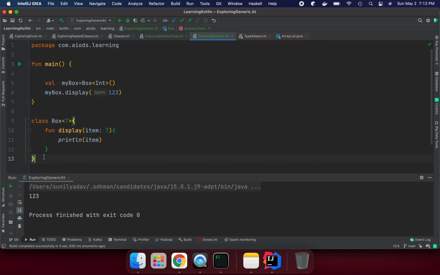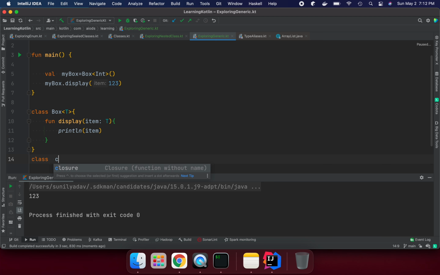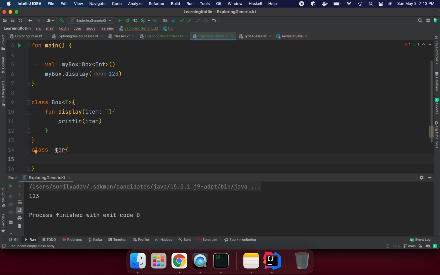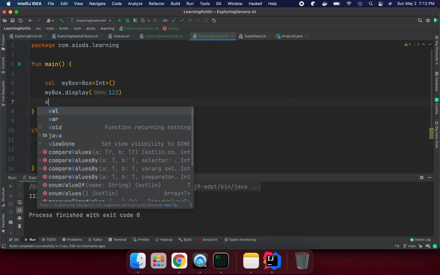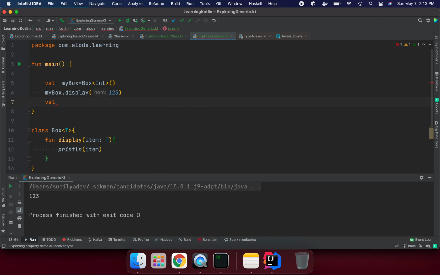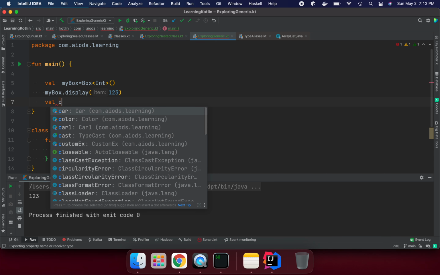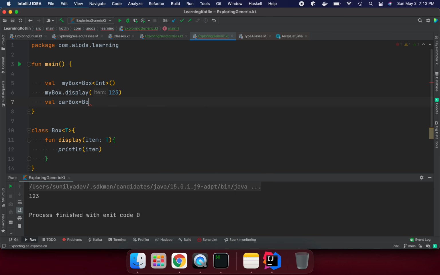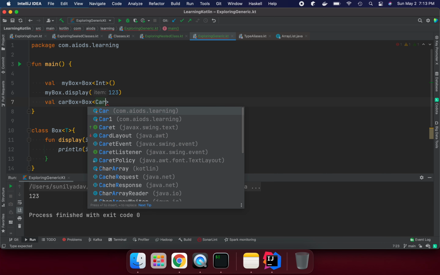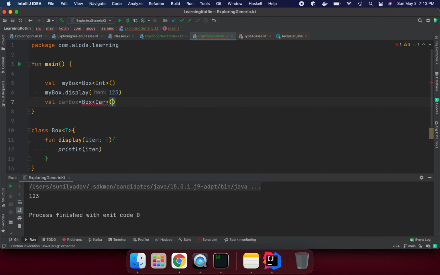For example, if we have another class here, class Car, and we try to create an object of Car, like carBox equal to Box with type Car, and we just call the constructor.